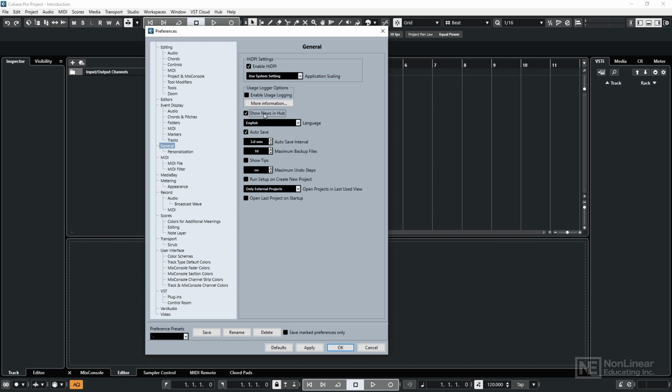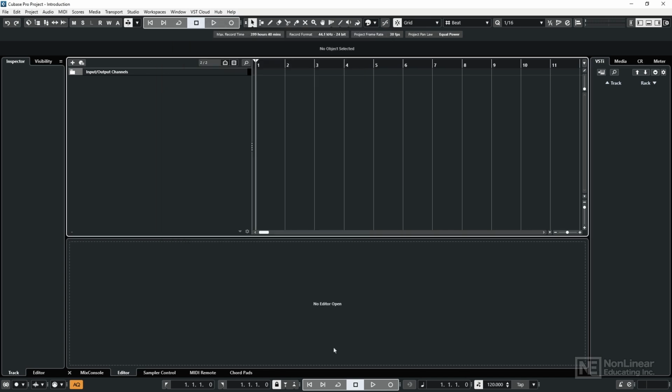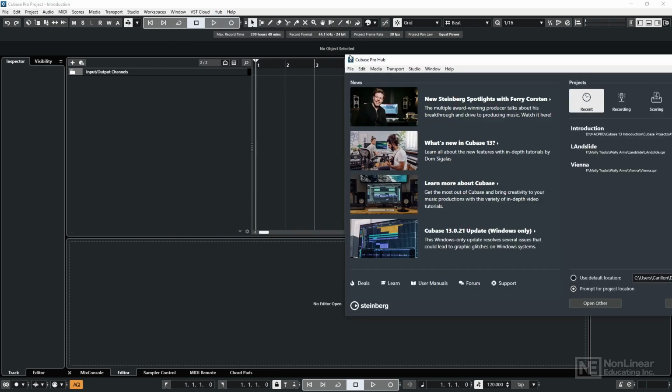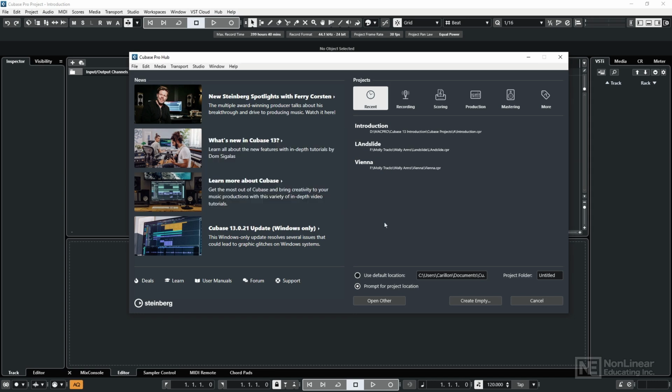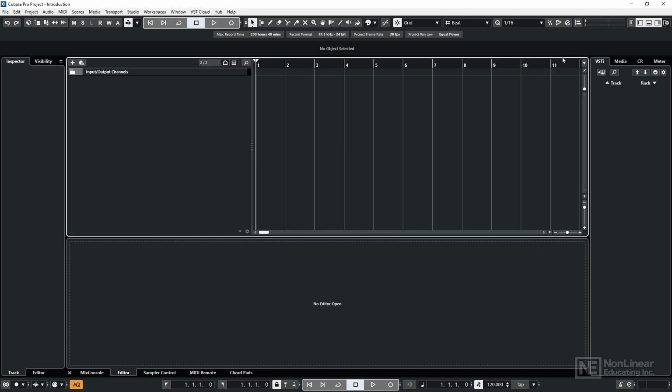With it now checked, hit the OK button and bring back the hub into view by going to Hub up here and then choosing Open Hub. And of course we now see the hub's floating panel once more with the news at the left. I'll close the hub by clicking its close down cross, and I'm going to actually switch off that hub news